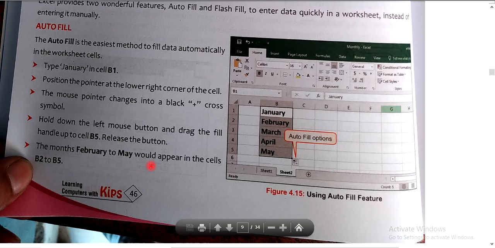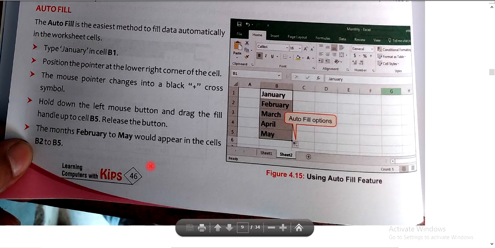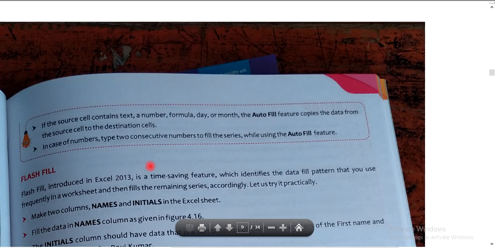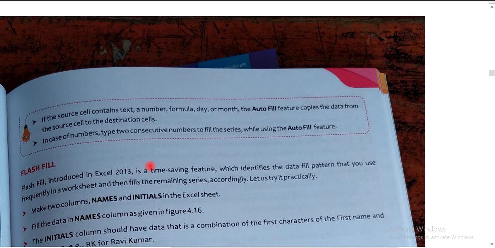Now we are going to discuss how we can fill week names automatically. Suppose you want to take any cell and write Monday there.